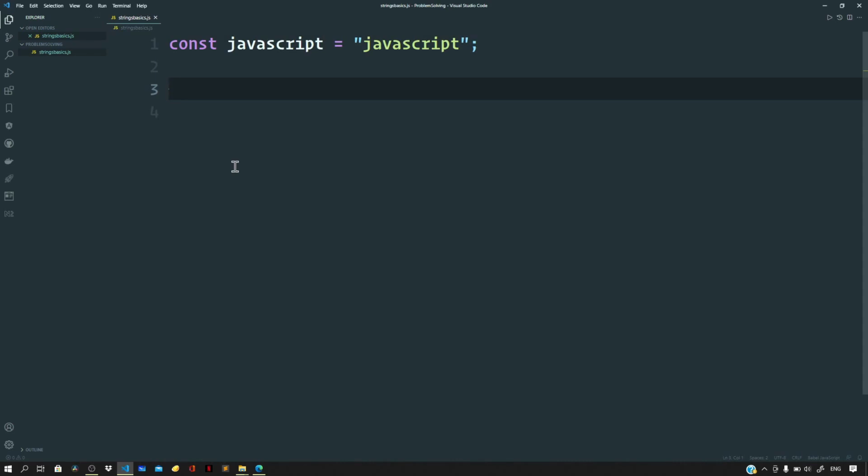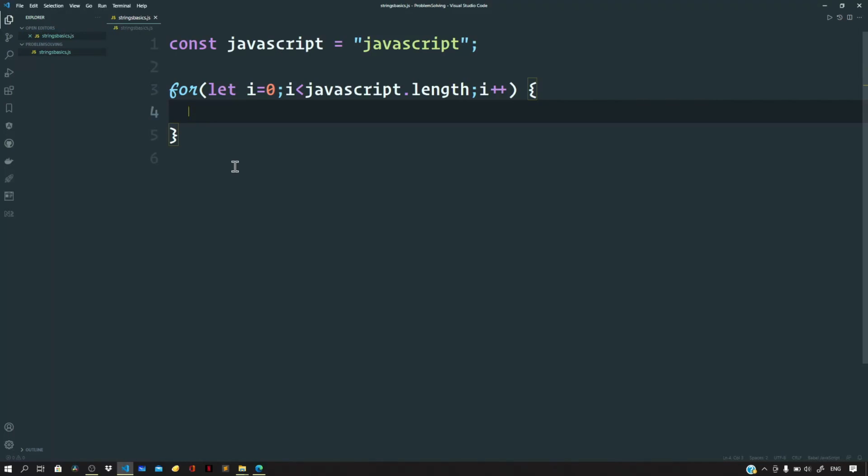Now in order to iterate over all the characters that we have in this string, we need a for loop. So let us use the regular for loop that we have in our programming languages. If you don't know what a for loop is, the link for a video on same can be found down below in the description section of this video. So for, and use the let keyword to define a temporary variable. So let i and set this to 0 to begin with. i less than javascript.length. So we need to iterate as long as our variable i is less than the length of the string, and we will keep on moving by one step. So i plus plus. This should be curly braces,